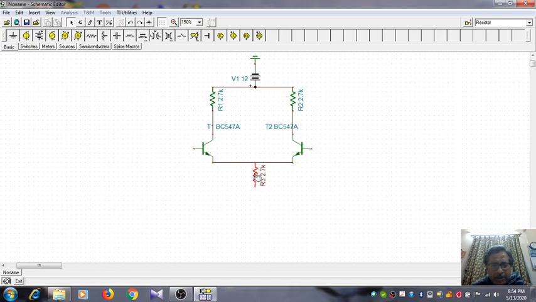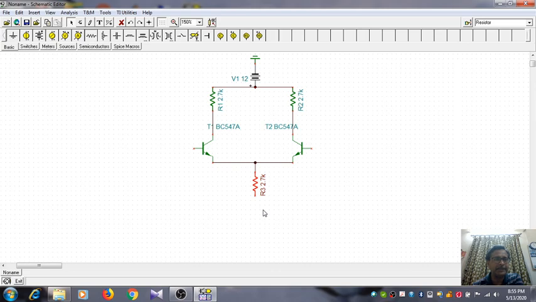Whether it is connected or not, we don't know. Let's bring it a bit downwards and then connect through a wire. The connections we have to be very cautious about. In this particular software, TINA, once you get a filled-in circle, we know that two wires are properly connected, like this point.